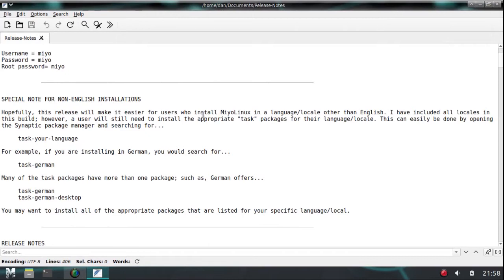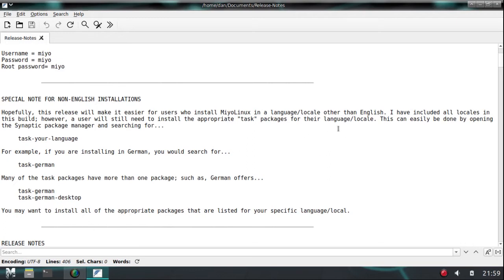Now, I'm very happy. You might notice the ISOs are a good bit larger than I normally produce, and that's due to two things actually. I remember when I released Miyo Extra last year, I released it as an ASCII release before ASCII was actually ready for release, and that ISO was a lot larger than what the previous ISOs were. But I've also included locales-all. And my reason for that is that it will help people who may install in a non-English locale and language. It'll help them